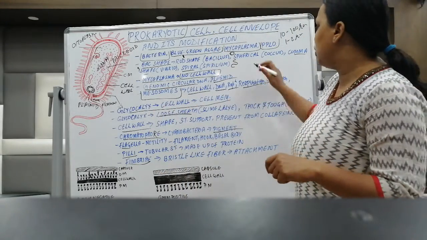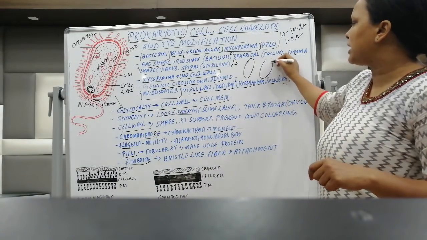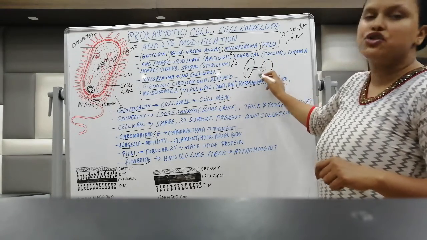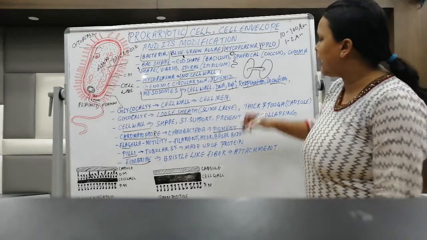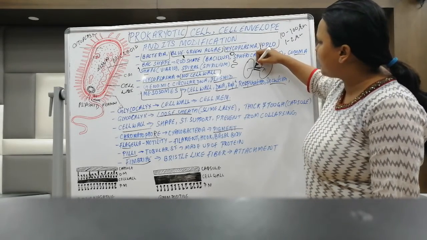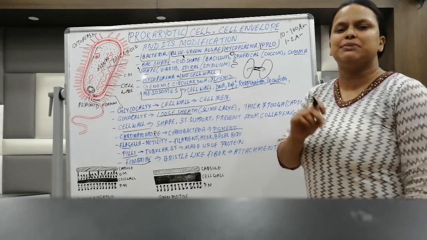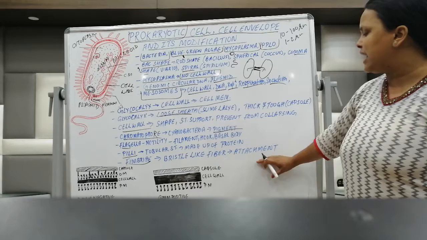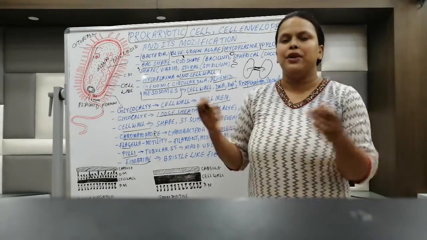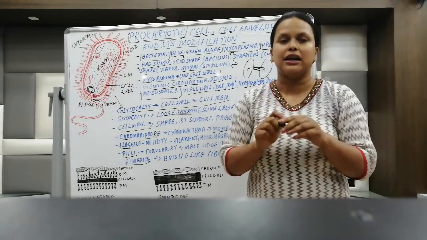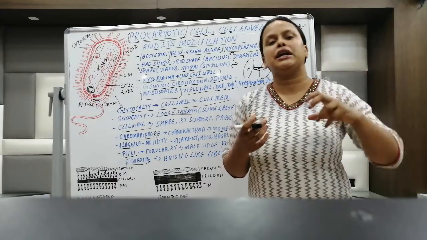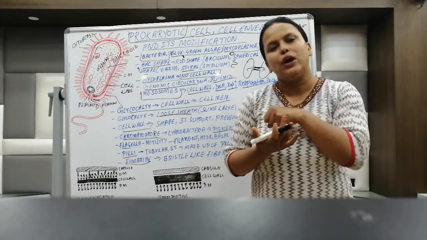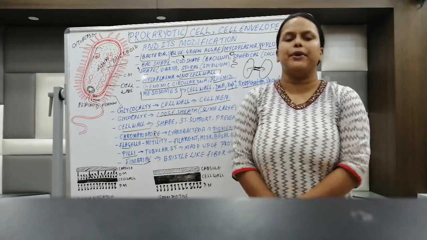What is a conjugation tube? This is one bacterium, there is one more bacterium. Sometimes they form a conjugation tube between them so that they can share their genetic material. This conjugation tube you can see over here is formed because of certain sex pili. Then what is the function of fimbriae? Fimbriae help in attachment to the substratum. They cannot be floating everywhere, correct? Sometimes they have to stick to dust particles, sometimes to stones or anything. That holding of the substrate happens because of the fimbriae.